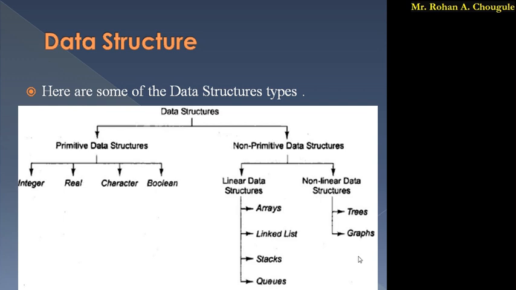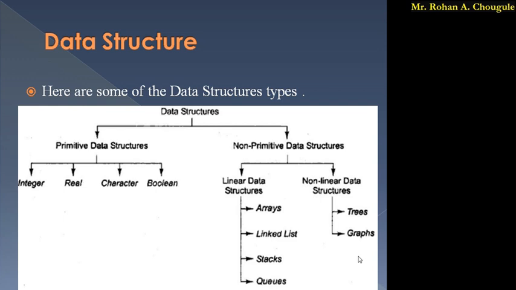In linear data structure, we are having array, linked list, stack and queue. So this array, linked list, stack and queue belong to the linear data structure, whereas tree and graph belong to the non-linear data structure. So this is the basic structure or basic types of the data structure. So in this data structure chapter we are going to discuss the concepts related to the non-primitive data structure, that is linked list, stack, queue, then graph, then trees. So these are some things which we are going to study in this chapter.